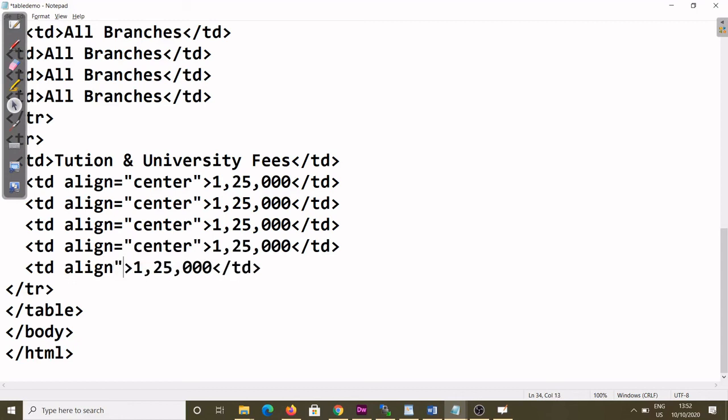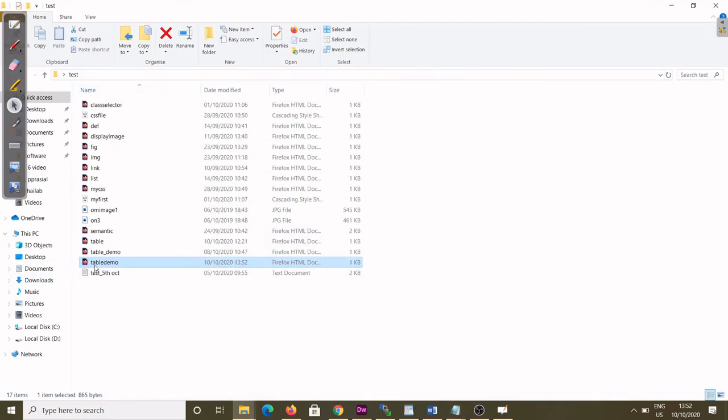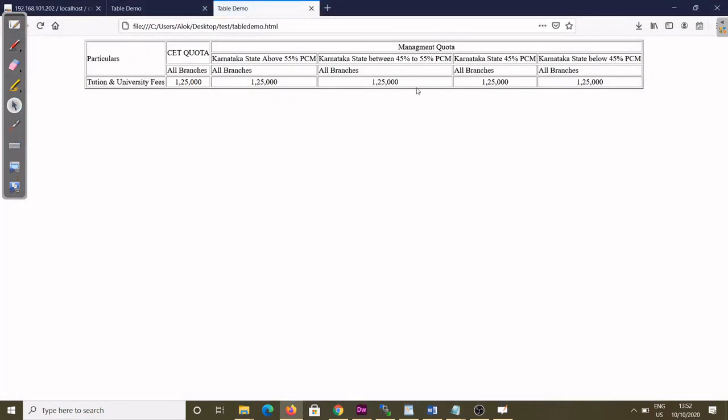All values will come center. So align is again very popular and common, you can use it along with paragraph, table, tr, td, anywhere. Control S, then you refresh the page. You see now this value is coming center now.